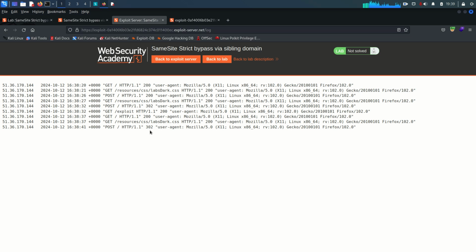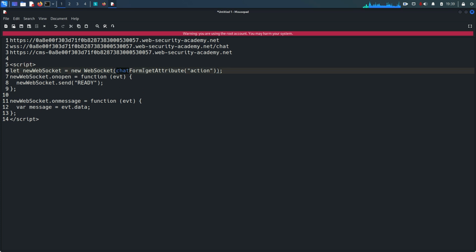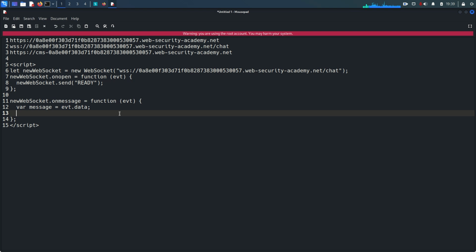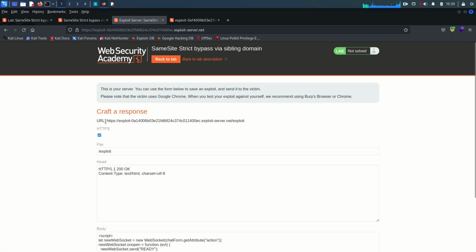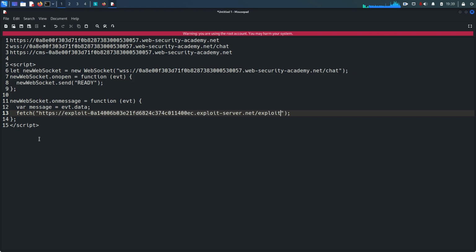So we need to first of all grab that message, and then we need to send that message to our exploit server. For this purpose, I'm going to take out this one, and within that I need to specify the secure WebSocket URL. So copy that, paste it here, and here I need to specify the fetch function, and within fetch function I need to define my exploit server. So back to the exploit server, and here is the URL for the exploit server. So copy that and back here, paste it,